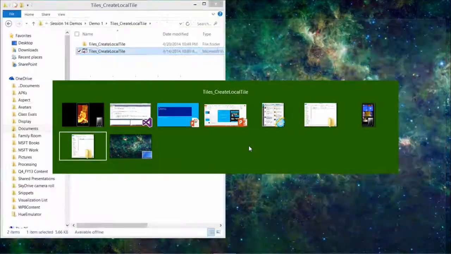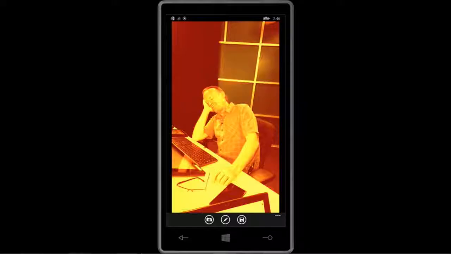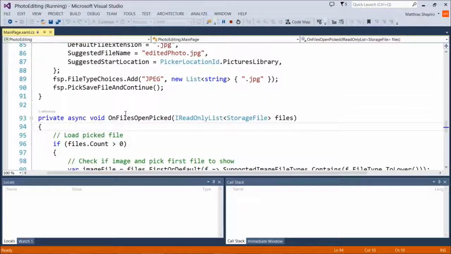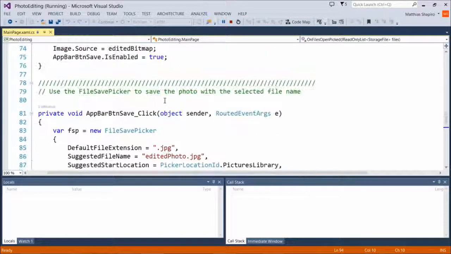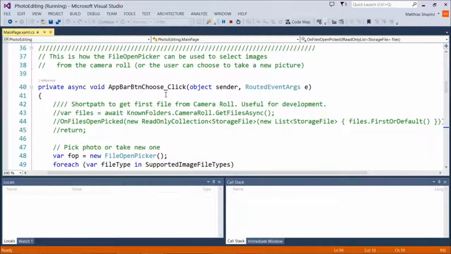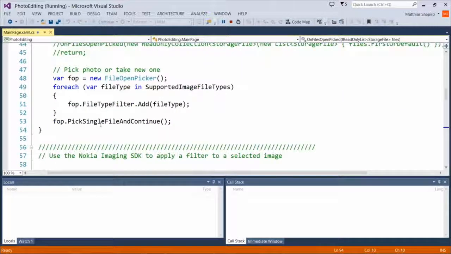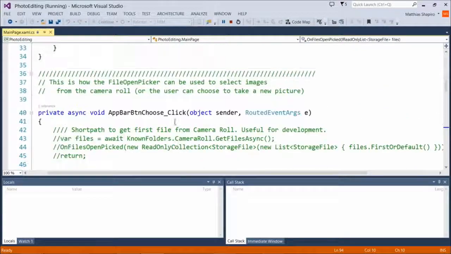So let's take a look at the code that made this possible. The file open picker is where we started, and it was exactly the same file open picker that we've been using, exactly the same way we have been using it before. So what's the difference? What made us go to the images and the pictures and the media files instead of just opening a file? Well,